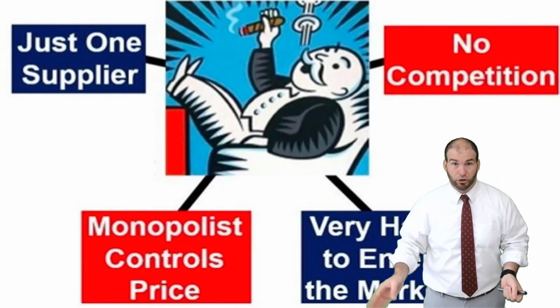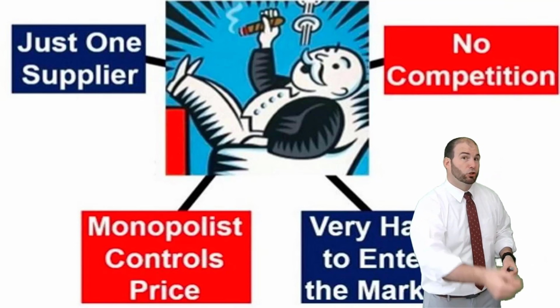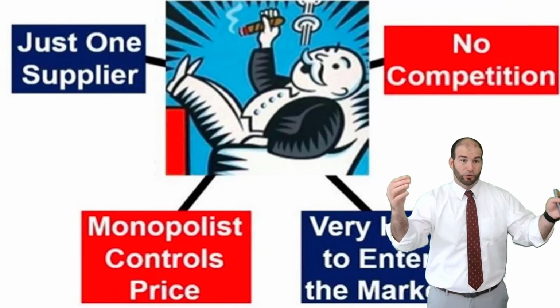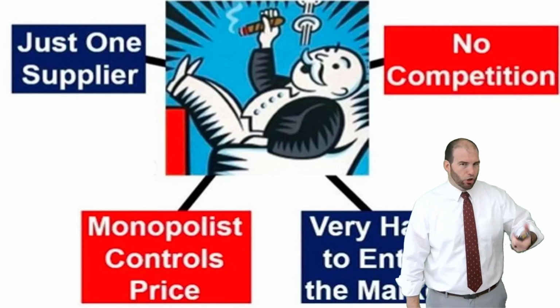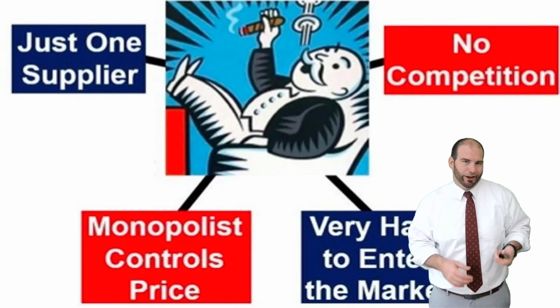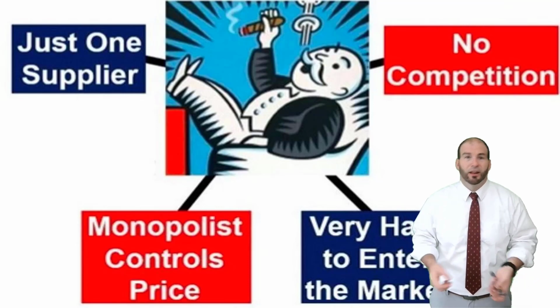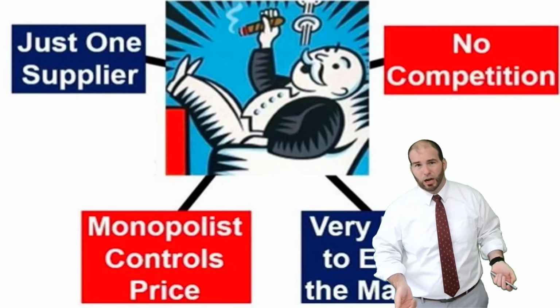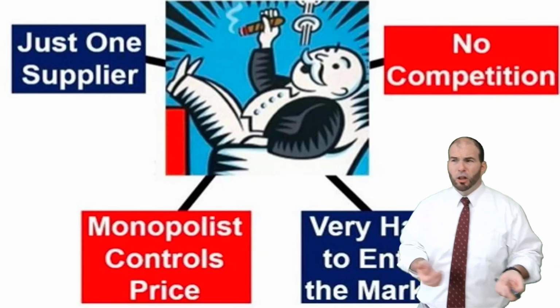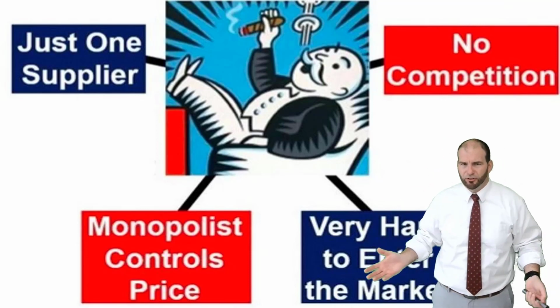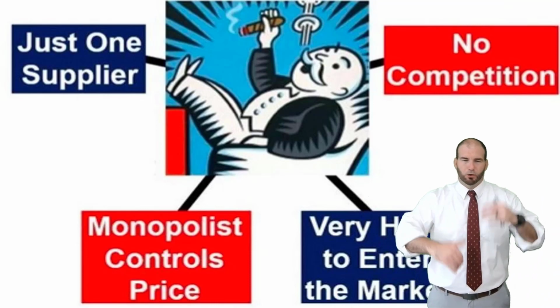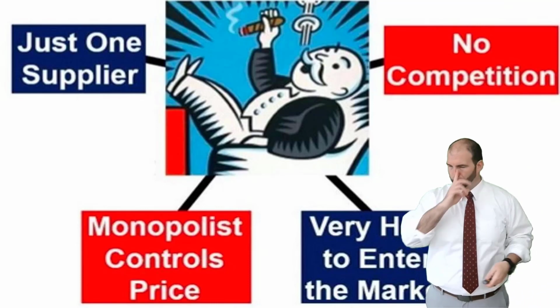There is no competition. Competition is good for consumers and people who want to buy stuff because companies will compete with each other and bring prices down. If there's just two companies, Coke and Pepsi, they will kind of wink, wink, nod, nod. We're going to compete with each other. They're not. The airline industry is another oligopoly. They set the market. It's like two or three companies. If you have a whole bunch of different companies, that's when price comes down because they're all finagling for the best market share.